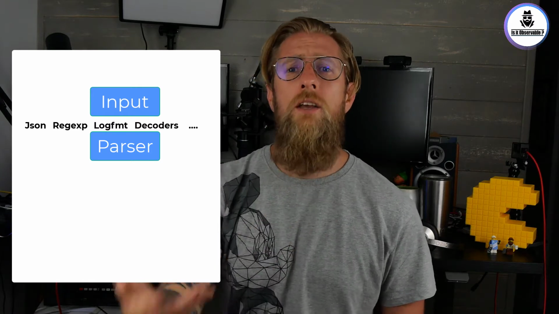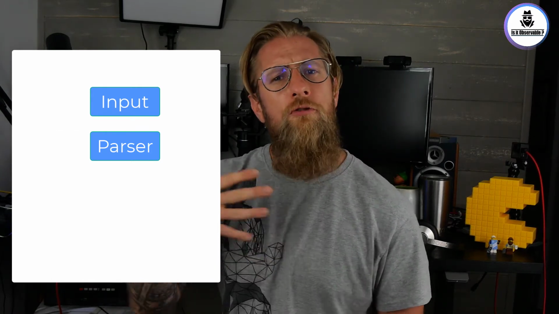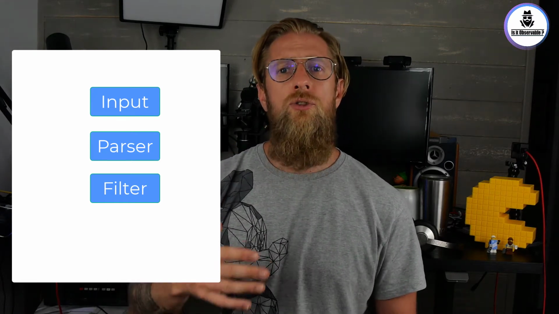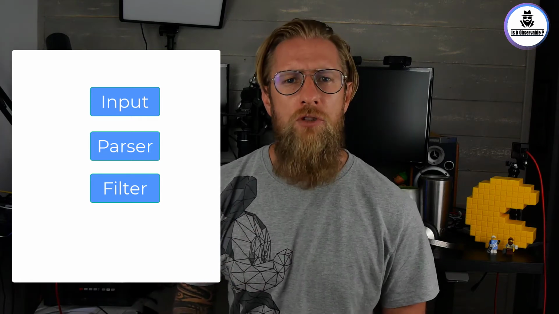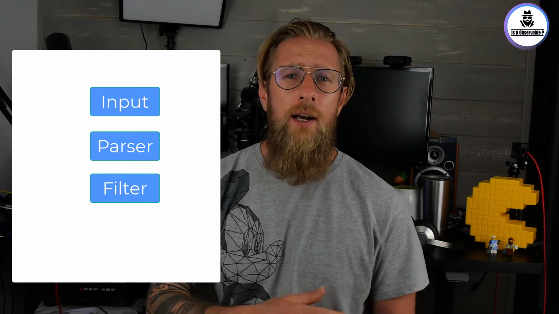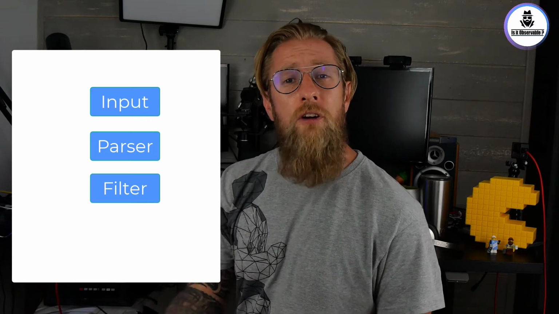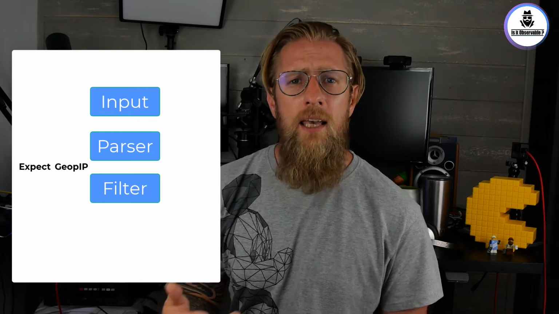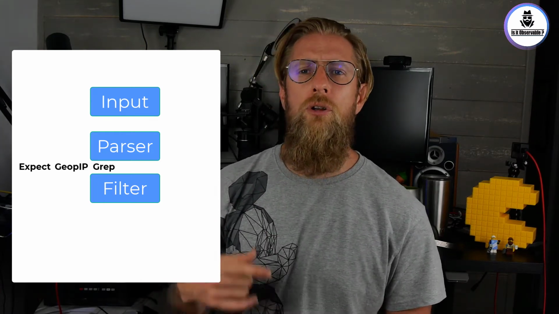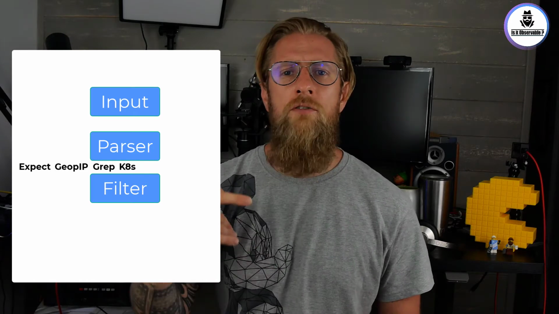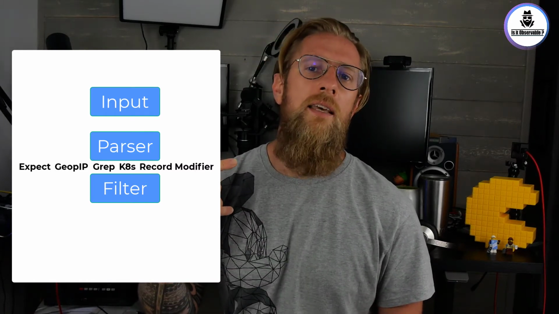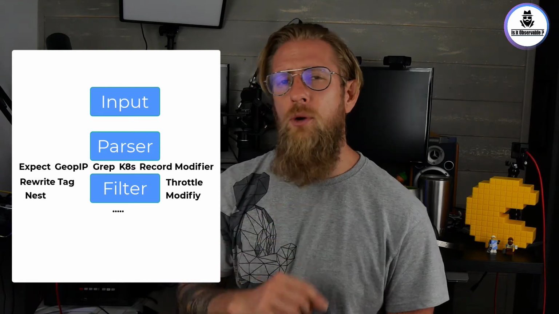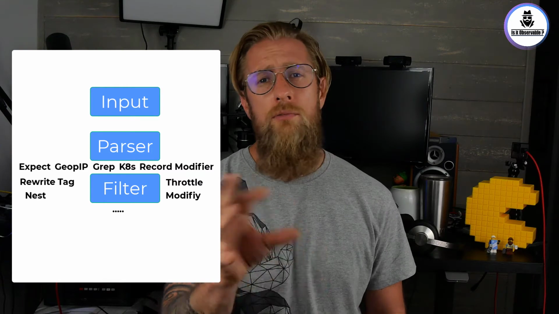Once you have parsed your logs, you want to filter. So filter will allow you to modify, to enrich, and drop information from your logs. And similar to the other steps, you have a lot of filter plugins available. So you have expect, you have GeoIP filter, you have grep, very useful, Kubernetes. You can also have the record modifier, the writer tags, throttle, nest, and modify. So throttle, by the way, we're gonna see it during our tutorial, and a lot of other